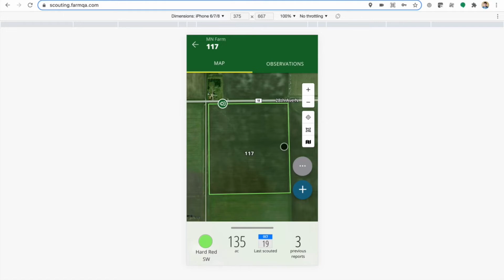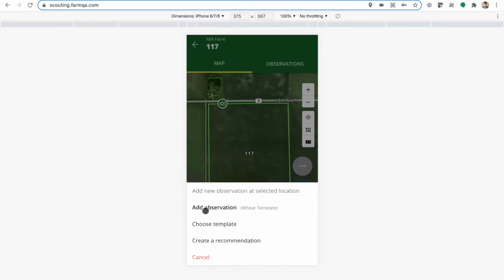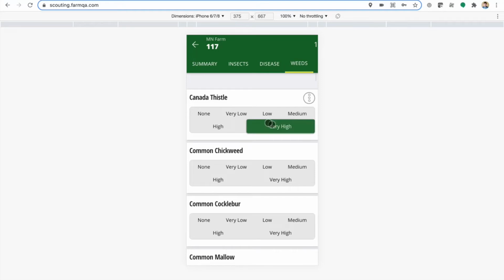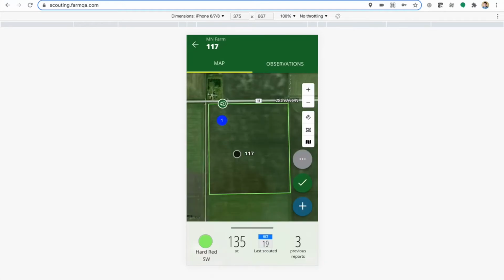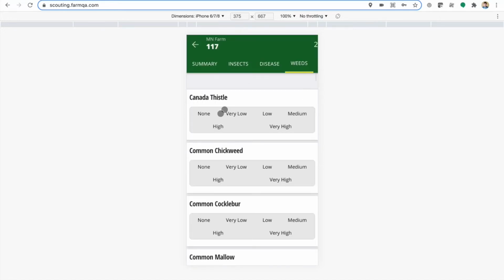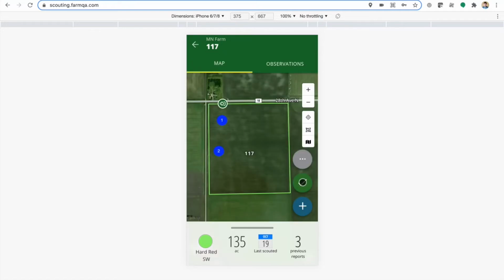So what that looks like for us is if I click on the west half, and I'm just going to put in some rough data here, and let's just say we're looking at aphids, and then I'm doing a weed assessment for thistles. And we're going to move down, and I'll put this more on the west side, and we're going to answer this for the first scout two different times. Now if I submit this report,